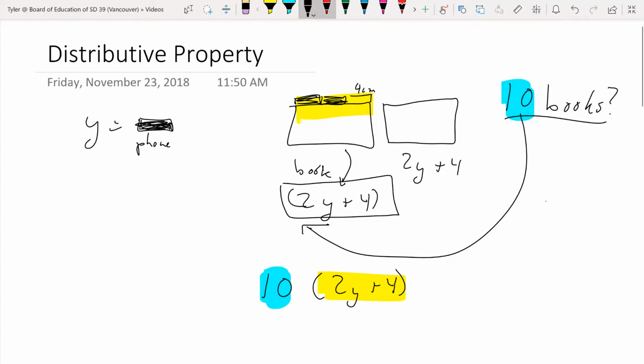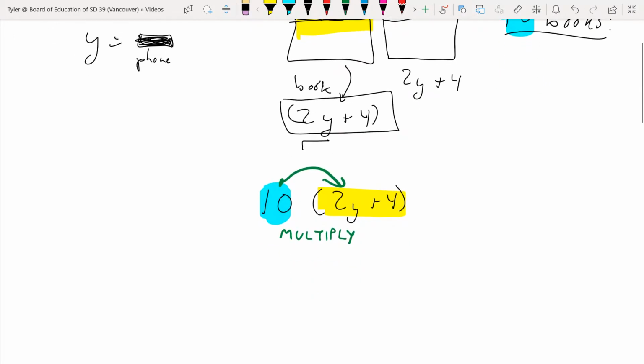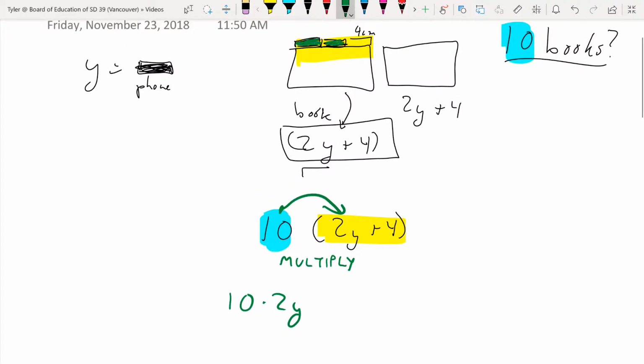The way this works is we do something I call rainbows. So we take the number, the coefficient that's right here outside the bracket. And remember, when it's next to a bracket, that means multiply. So I'm going to take that 10, and I'm going to multiply it by both things inside the bracket. Let's do this one at a time. So the first thing I'm going to do is 10 times 2y. Because remember, there were 2 phones for each book, and there's 10 books, so I do that times 10. Then I'm going to add, because we had adding here before, I'm going to do 10 times the 4 extra